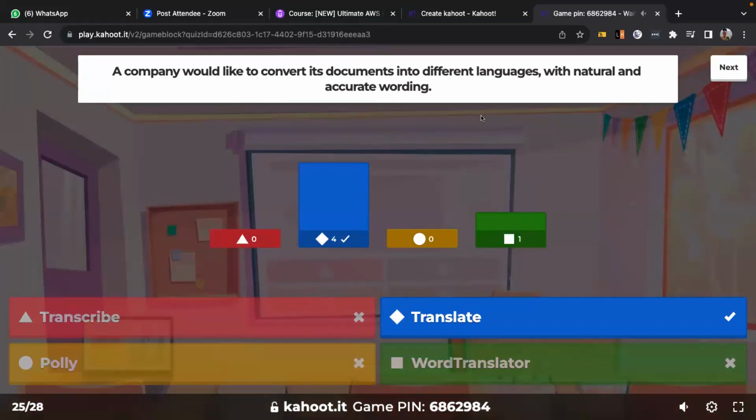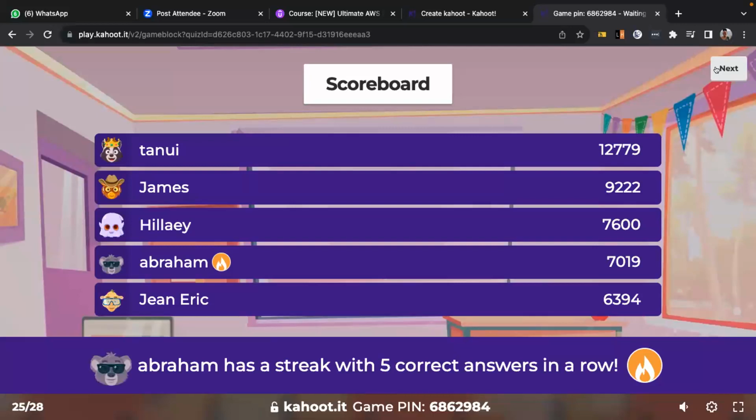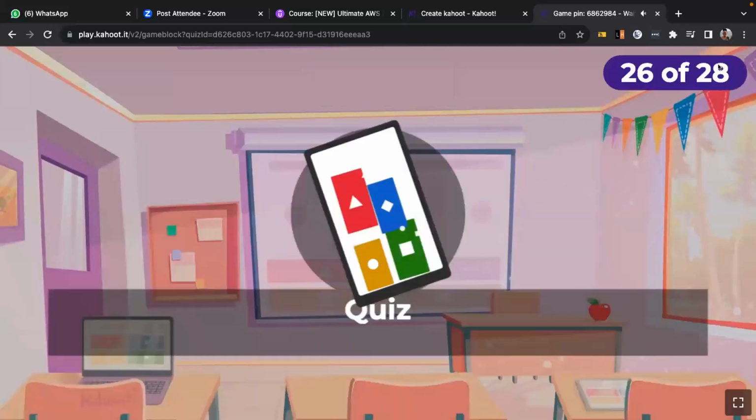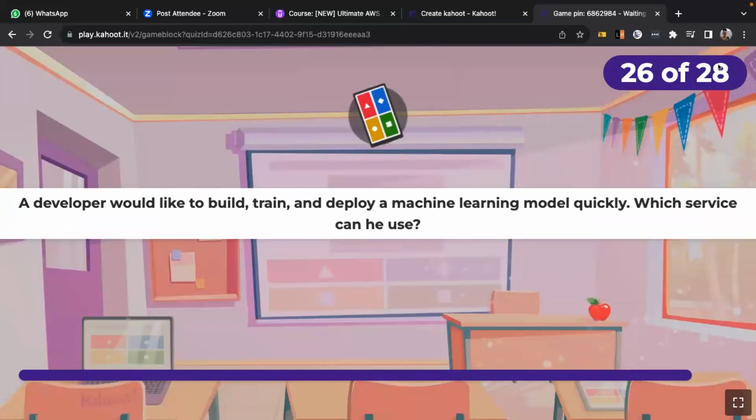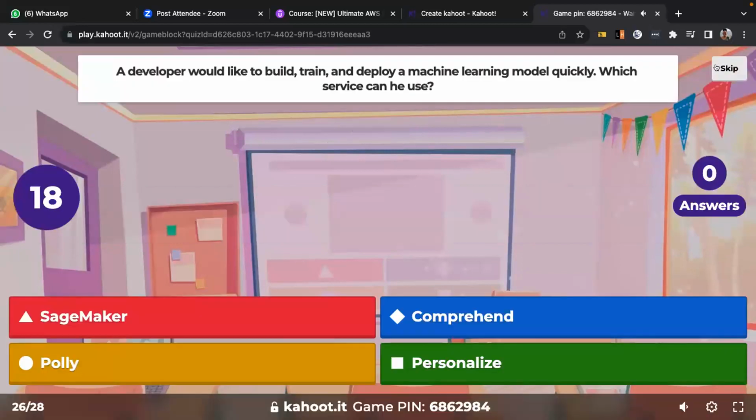This is simple. They just want to convert their documents into different languages, so Translate is the right one. And then, remaining with two questions: a developer would like to build, train, and deploy a machine learning model quickly. Which service can they use?